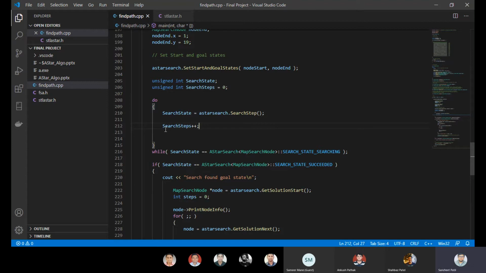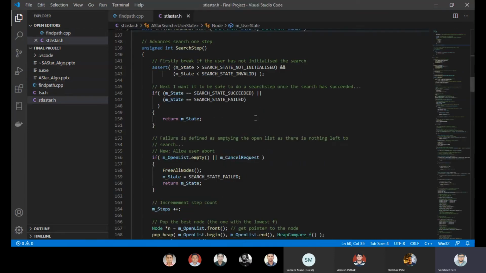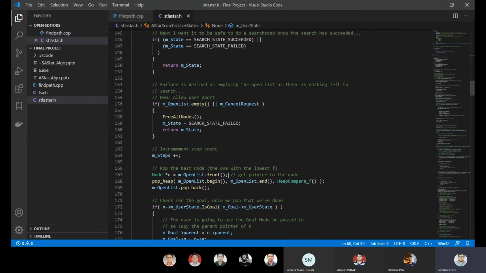Search step will get incremented in the do while loop, while search state will be initialized from A star search dot search step, where search step does the whole algorithm of A star.